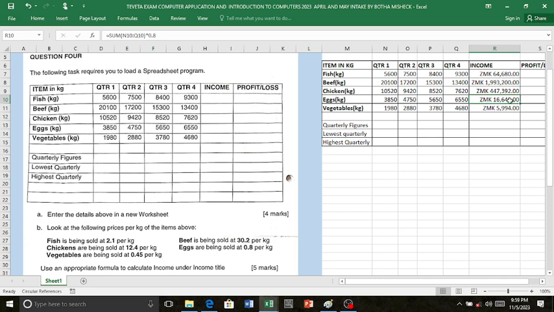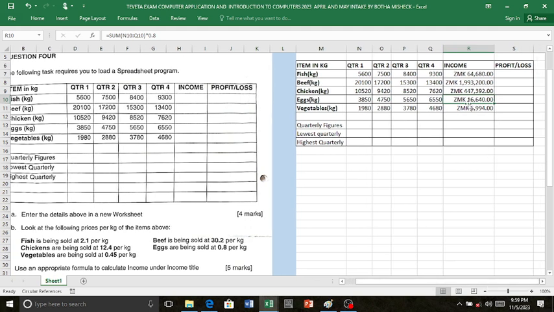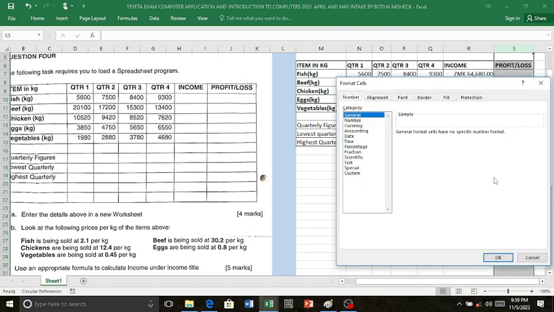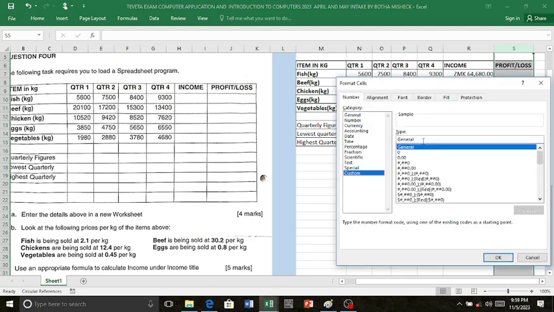So we have all the amount. We have 64,680 kwacha, and in ngwes we don't have any there, right? So we do the same. We are told both the income and the profit. So even the profit, you click there on S, that's the column for profit or loss. Again, right click, you go to format cell, then you go to custom, then under general here, just type the same thing, that is ZMK, which I typed there,